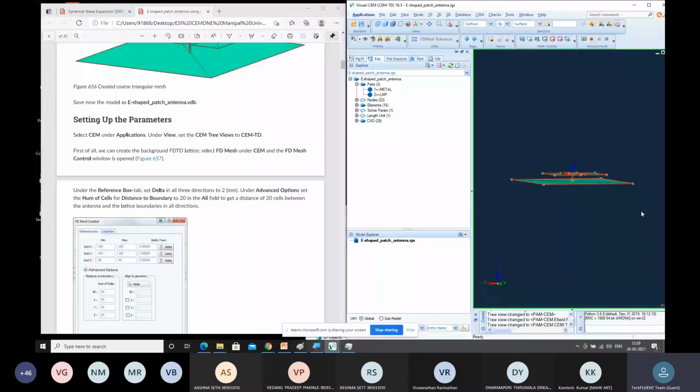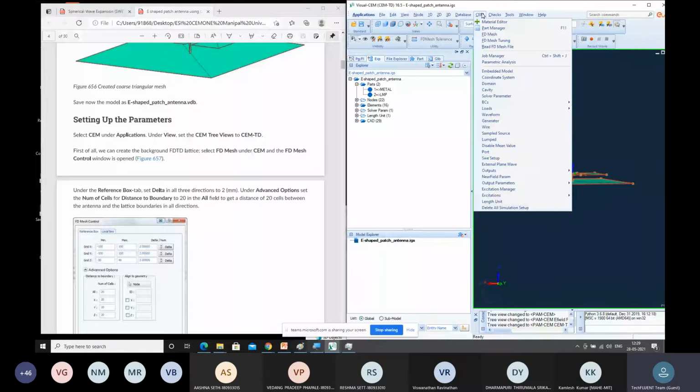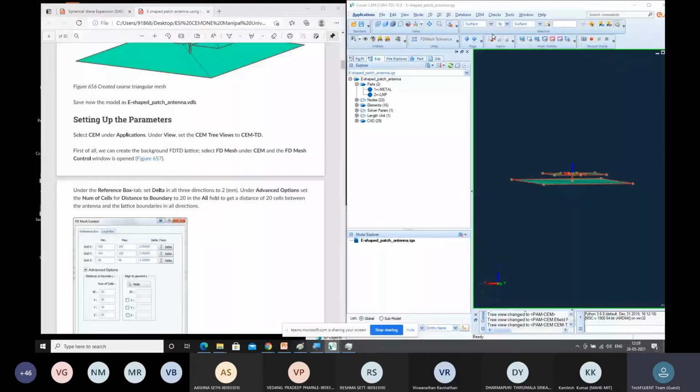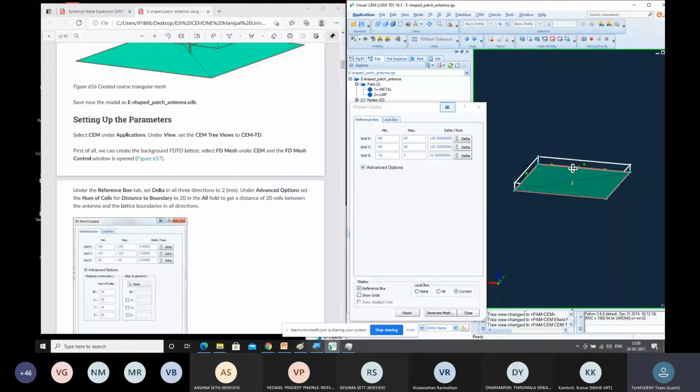Whatever structure I've created, in order to do that, go to SEM. Under SEM, you will have an option called FD mesh. This is one of the main meshes you will be using inside your time domain solvers. This mesh divides your problem in terms of cubes. Select this. Now it covers the region up to whatever your antenna is covered with. It's a very good option, but we can extend it furthermore.